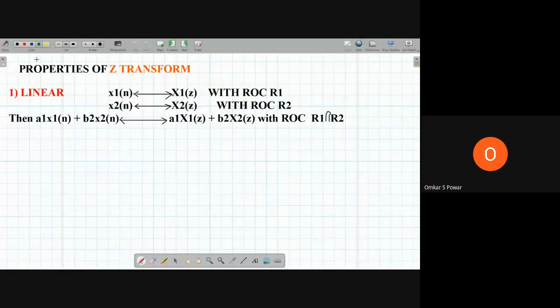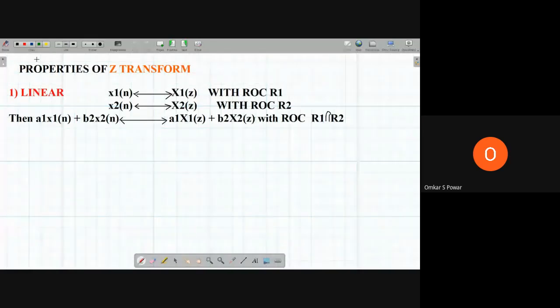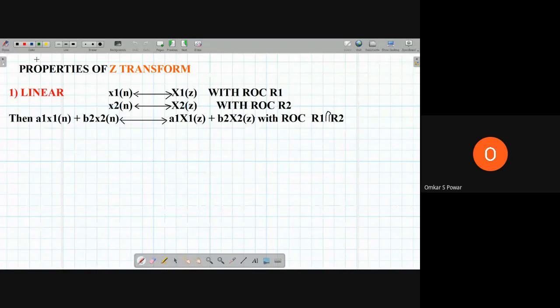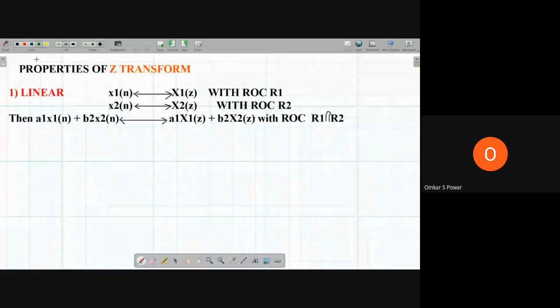This subject is going in a systematic way. If you observe, the first module and second module are about time domain signals, and the third and fourth are about frequency domain signals. And the flow of the third and fourth chapters is the same. So if you compare, we have studied properties in Fourier. We have solved some problems on Z transform here also. There also for Fourier transform we have solved. Then inverse Z transform we have solved. Here also we'll solve inverse Z transform. Then we will see properties like causality and stability. There also we have seen.